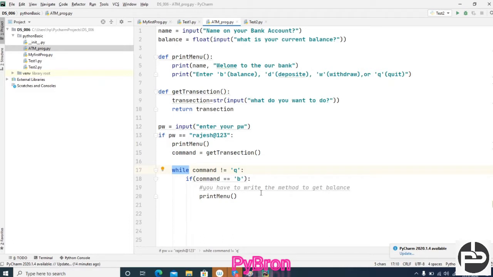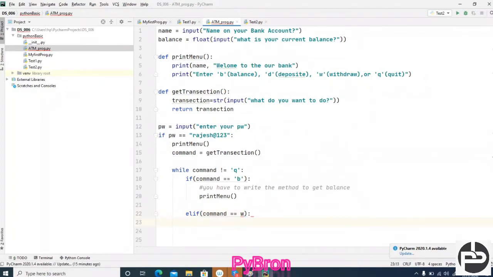Got it. Now next, once you check the balance, suppose elif command equal to w, then what do we have to do?